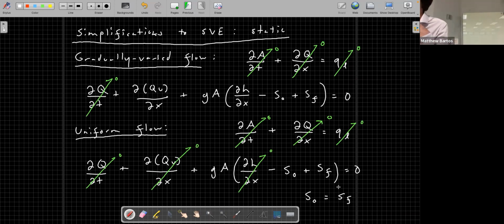The centroid is not the centroid in the Saint-Venant. That's because we are assuming that the area is uniform across the beach. So, because of that,